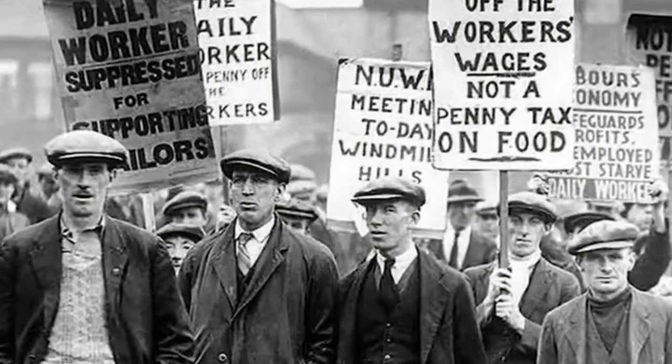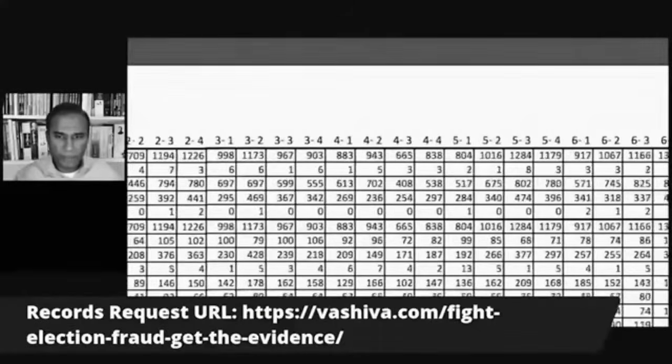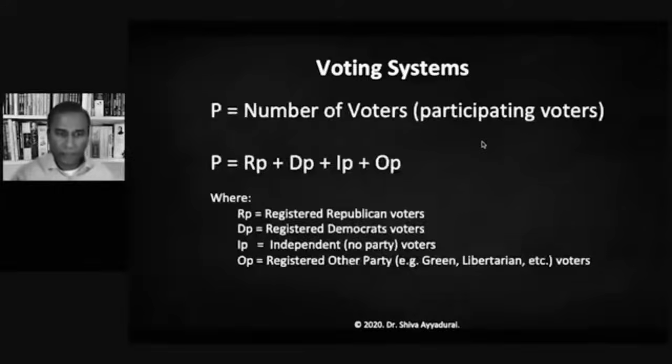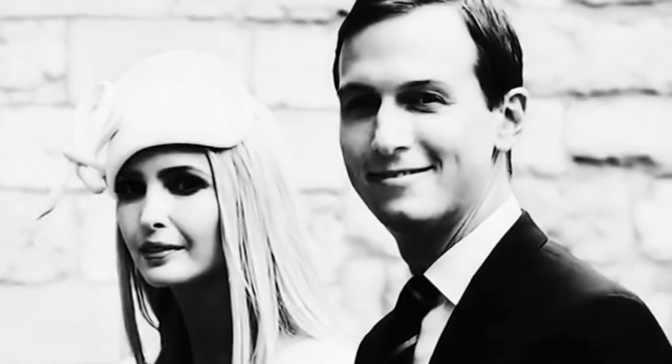We need to go local. Every solution I'm coming up with as a part of this movement, we're giving the science, which is the truth, and then we tell people what they can do on the ground. Like with election fraud, you don't need to wait for some lawyer. Our goal is to train people to go local, fight locally. Forget lawyers, forget politicians, forget celebrities. You got to learn politics, and there is a science to it. They lock us down, we should be ready to shut them down.